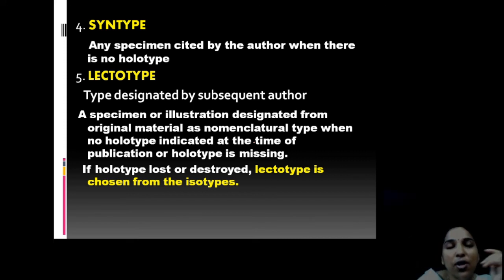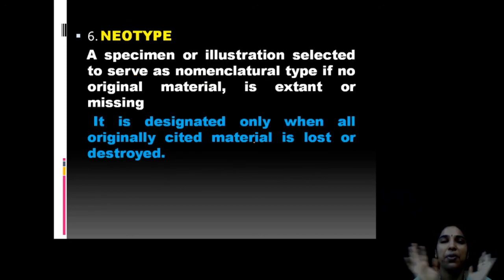Okay. So, there are different type materials: holotype, isotype, paratype, syntype, lectotype. So, just a brief account, only study a brief account of the types. Okay. Now, last one is neotype. A specimen or illustration selected to serve as type when no original material is available, everything missing, no isotype, no holotype, nothing available. So, a new one is selected, new plant